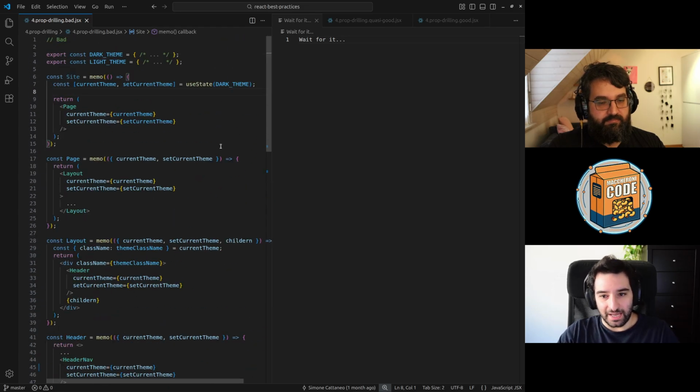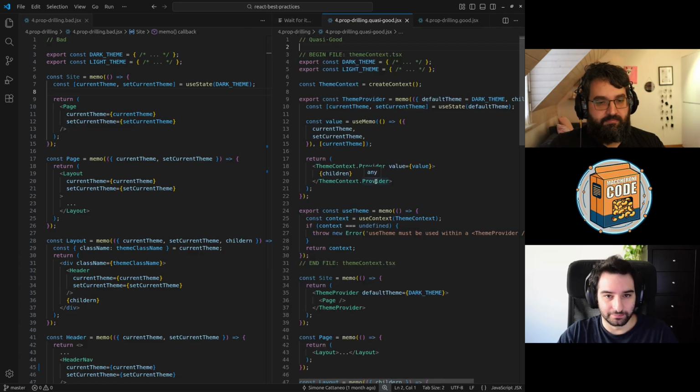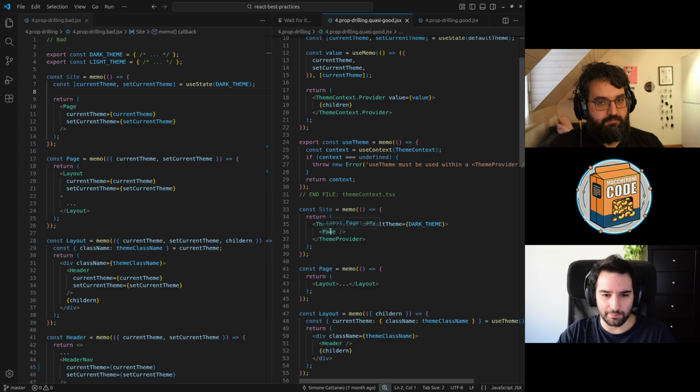Okay. And now let's go through a real good example. That is the context. You have that file, that is the team context tsx. It's really easy. I've exposed a team provider and a use team. The team provider is a component, the use team is a hook function. And how do you use it? It's simple. You wrap a component to which you want to share the data with a team provider, like that one, and all its descendants can access the team provider using the use team hook.